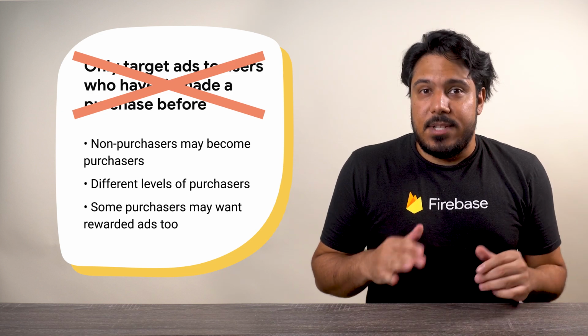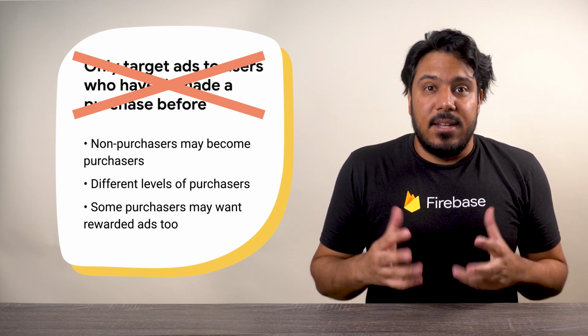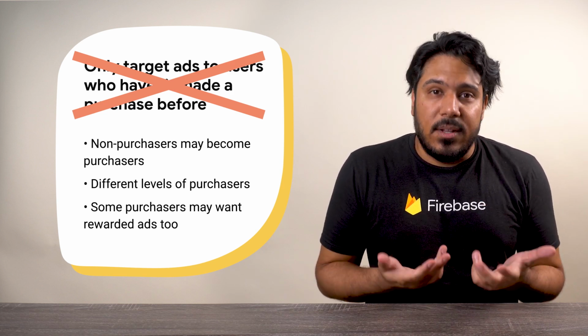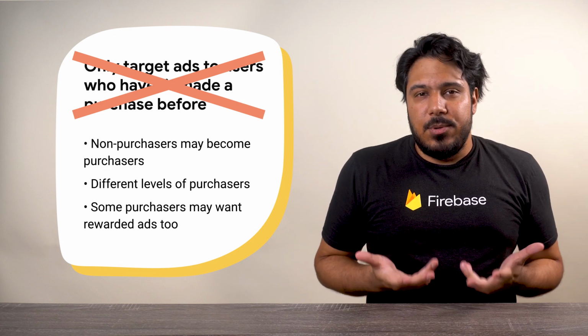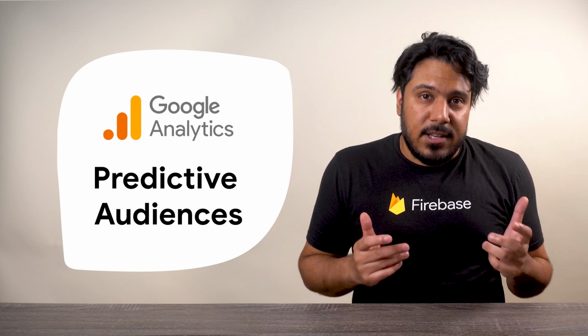This feels true for some of the same reasons as point number 2, but also because rewarded ads can complement a purchasing player's experience too, and they may actually want them. So yeah, using a rule of absolutes isn't the best way forward. Now what if instead of rigidly defining players as purchasers and non-purchasers, we could predict which players were going to make a purchase? Well, thanks to a new feature in Google Analytics, now available in Firebase called Predictive Audiences, we